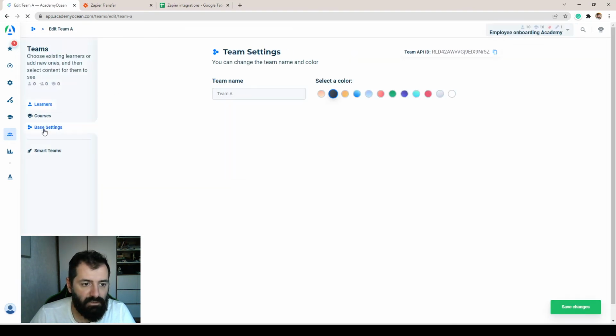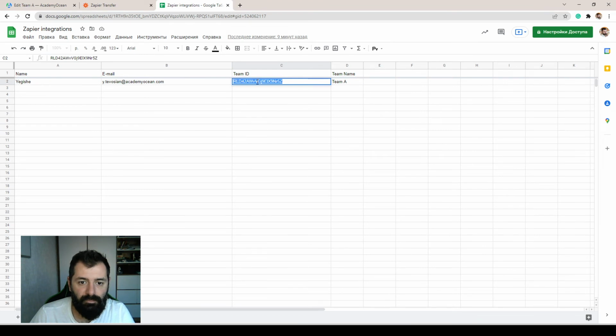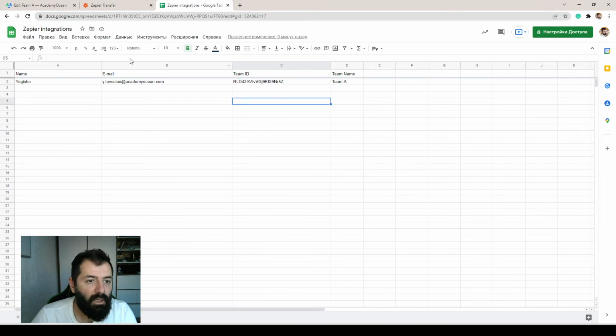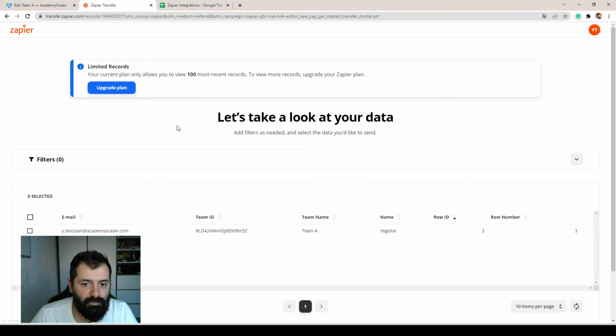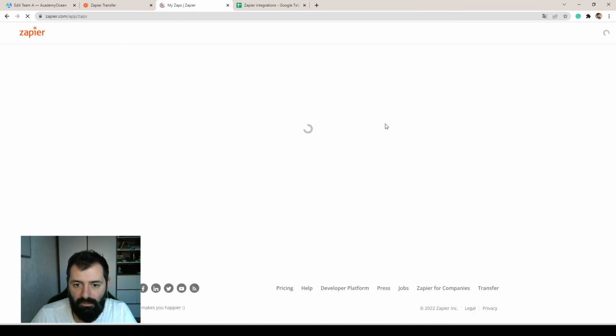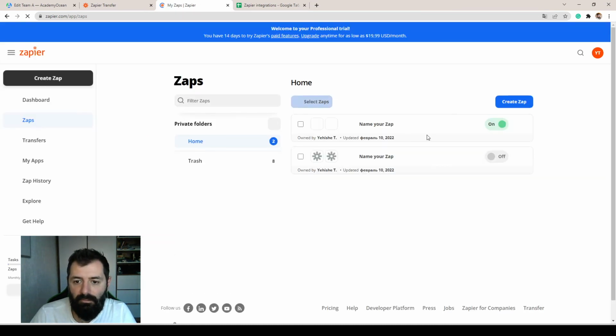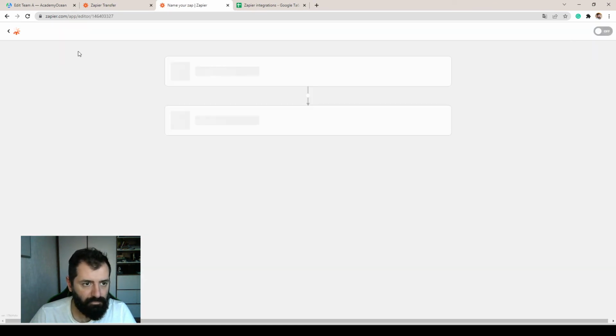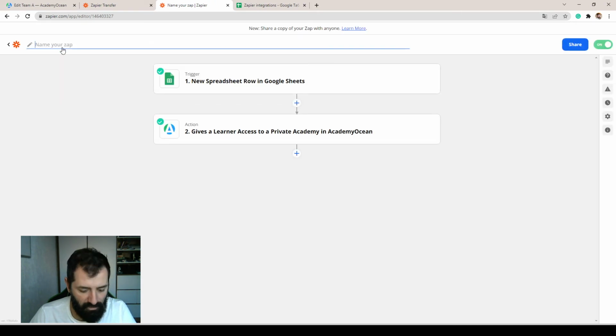I go to basic settings, and here I can find the team ID. It will be needed for the next action in Zapier. So I will copy it and paste here. They're the same. Now I go back to Zapier and want to create a new one. Oh no, maybe I will improve this already existing one. So it's not named. I'll change the name